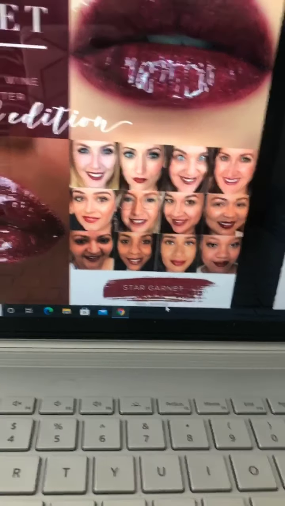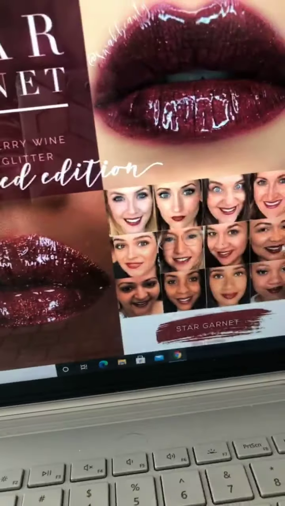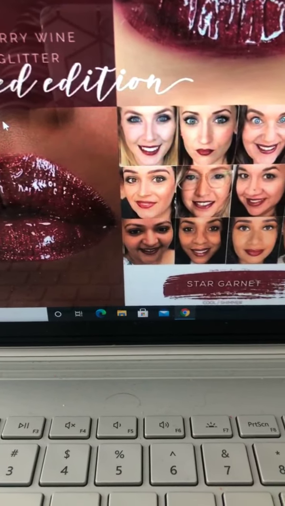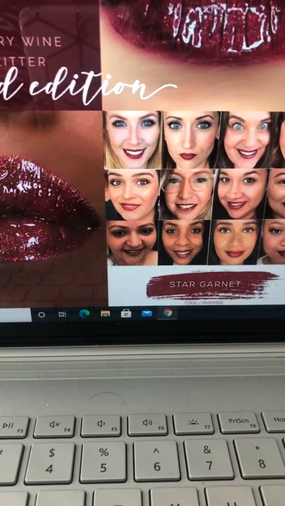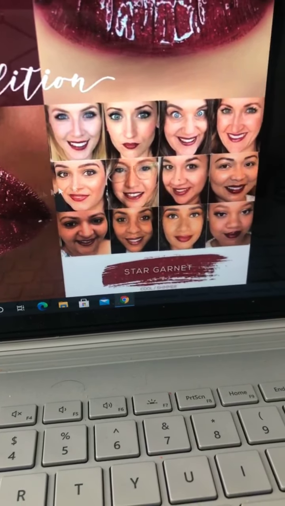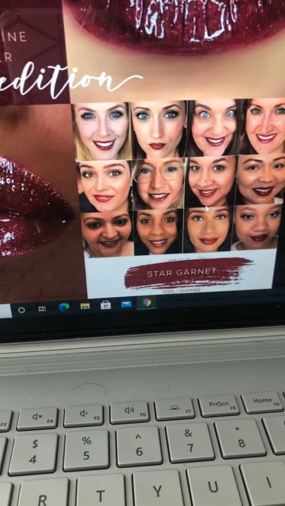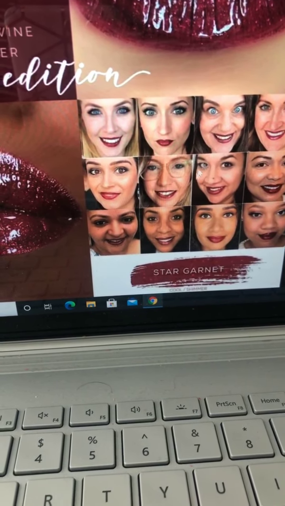Whether it's a permanent color or a limited edition, you will be able to find whether the color has glitters or shimmers to it. And this is the best way for you to compare yourself with your skin tone, so you know how the color will look.